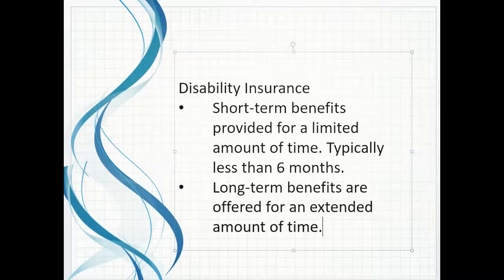Disability insurance replaces income for employees who become unable to work as a result of a sickness or an accident. Did you know that 1 of every 3 employees will have a disability that lasts at least 90 days? Disability insurance can come in 2 forms: short-term and long-term. Short-term provides benefits for a limited time, usually less than 6 months, and long-term provides benefits that range from 6 months through life. The criteria under which an employee can receive benefits differ between short-term plans and long-term plans.